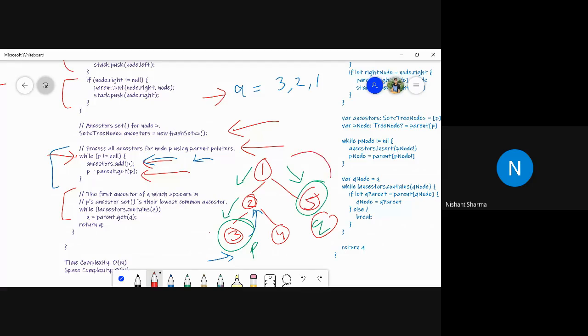If no, then we go to the parent and again check whether it is there in the ancestor set or not. If yes, then that should be the LCA. So that's the logic here. And once we break this while loop, we find our LCA, which is Q itself. Is it clear?